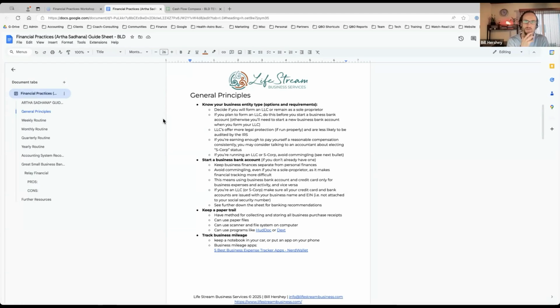So there's not a ton of different types of business entities here in the United States. If you're in other countries, a lot of countries are similar, but there's probably going to be some variation, so you just have to speak with somebody in your local area. Oftentimes there are government funded business development groups that you can consult for either low cost or no cost. In the US, we have SCORE and we have SBDC. I have those as resources at the bottom of the sheet. And the link to the sheet, you'll have it, I believe, somewhere around the recording. So knowing your business entity type is really key.